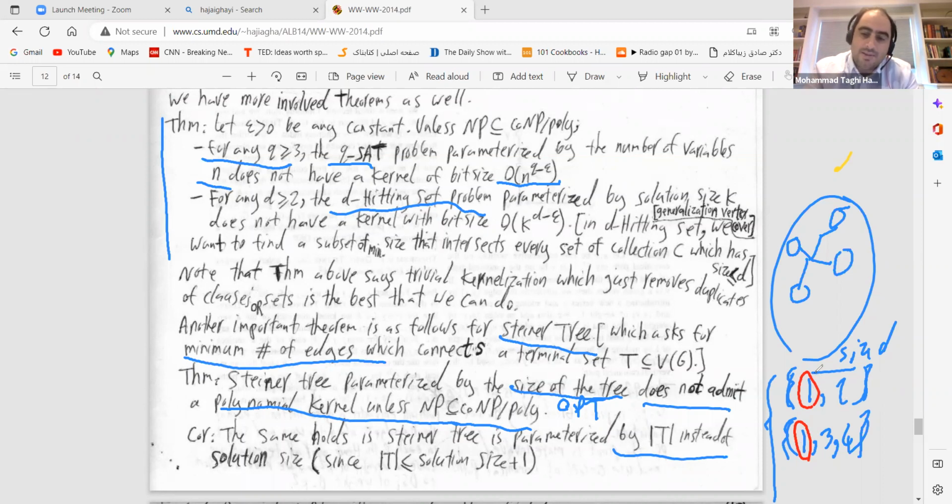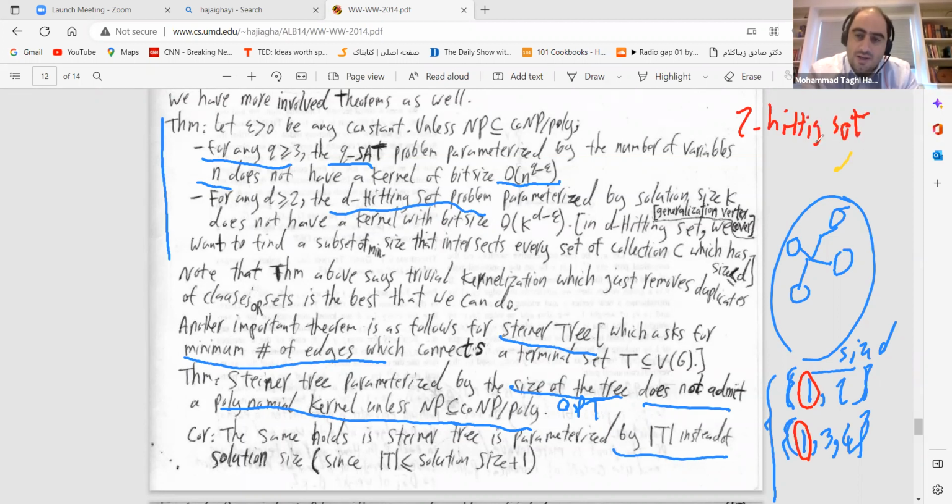You can see that this problem is a generalization of vertex cover. Why? Because in vertex cover, you only need to give the set of edges as the input. Each edge has only 2 elements. So the edges are given to you, and each edge is between 2 vertices. You want to find the minimum number of vertices such that you will hit every set. Every set would be every edge. So the 2-hitting set problem